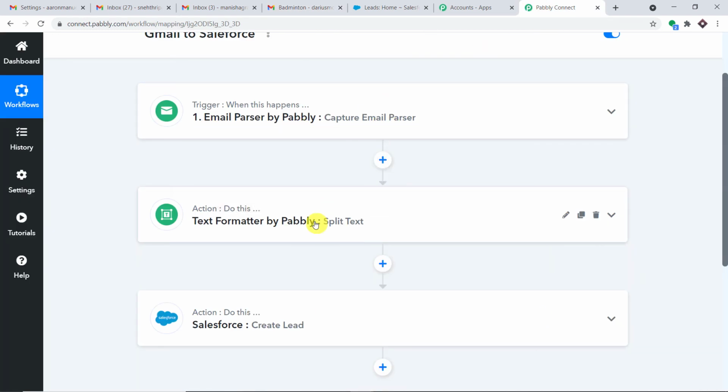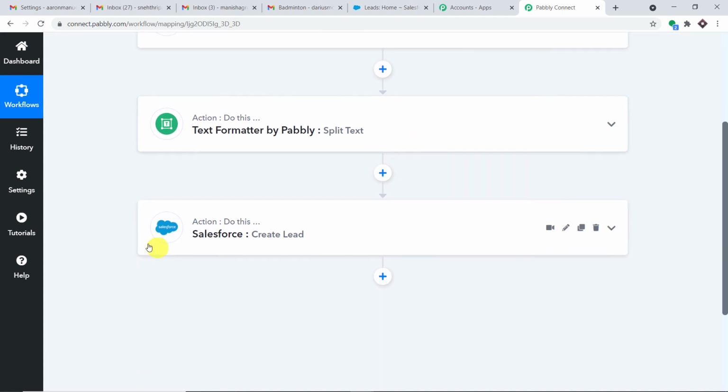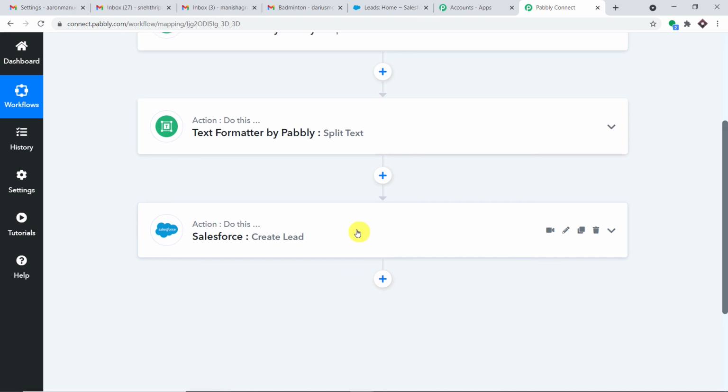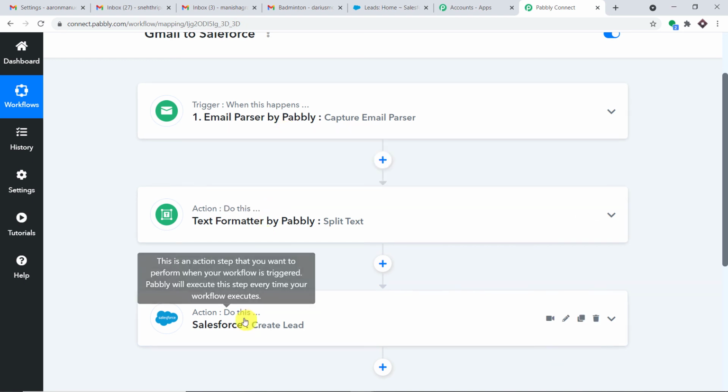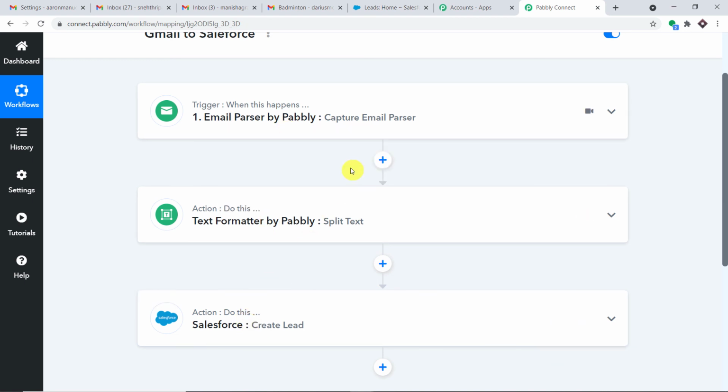After that, you used the text formatter to split the full name into the first name as well as the last name. And after that, you integrated Salesforce to Pabbly Connect so that you can create a lead in Salesforce. So now there is a perfect flow of data between email parser, or basically Gmail, as well as Salesforce. Excellent. Not just these two apps, you can integrate plenty of applications using Pabbly Connect.